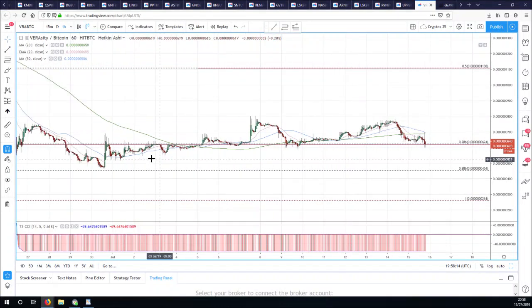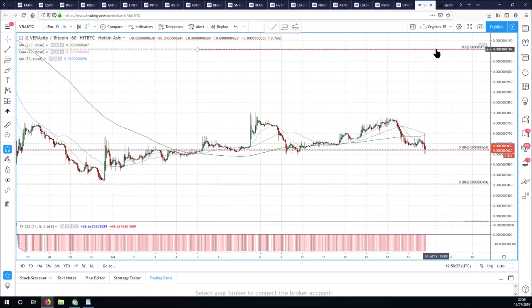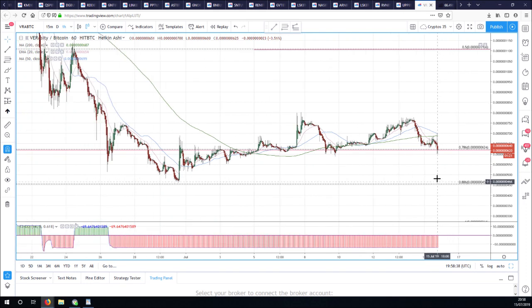So you can see this is resistance, resistance, resistance, support. This is the level, 624, that Voracity Bitcoin has to hold if it's going to carry on higher to our 1100 target. If we get a 4-hour close, for example, below 624, I'd be looking for a drop to 454 before we recover again and a retest of the lows. So be careful. We're right on key support for VRA.